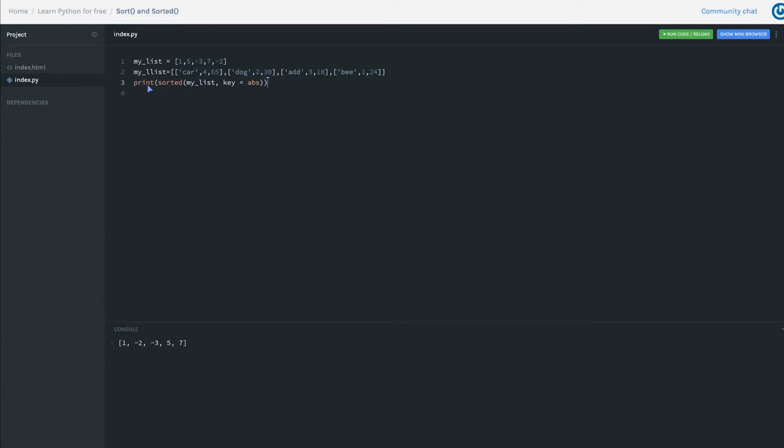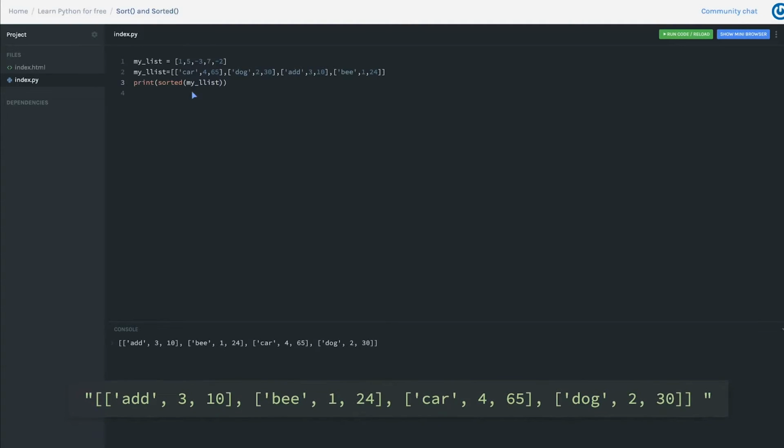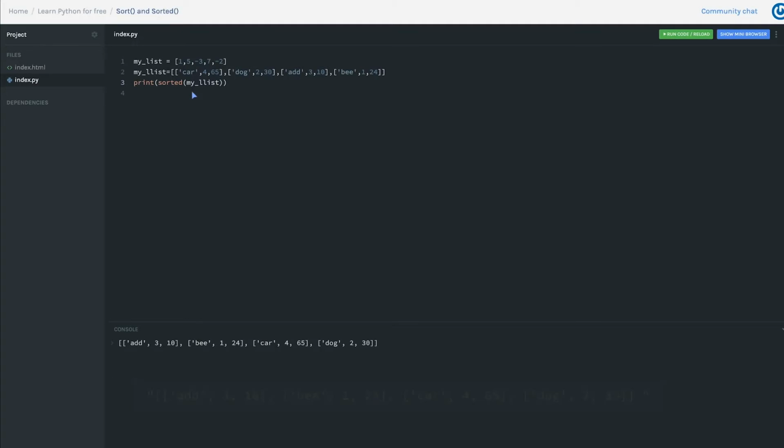I'll give you an example of how you can actually sort something like a list of lists. So let's take the one we have here and we'll change to my list. So if we start by sorting that, we see what we get. The list of lists has been sorted by the first element, so what we have here, add, and then the others follow, so A, B, car, and dog. So if we want to use a key, we can say